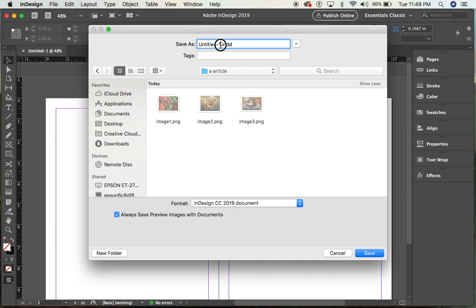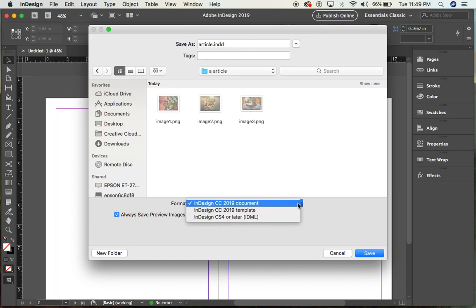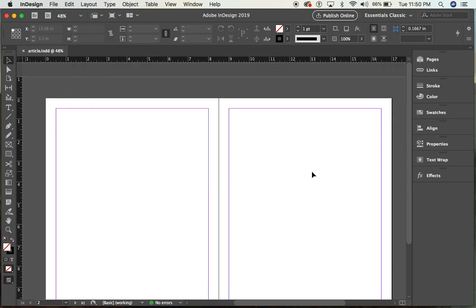I'm going to call this, I'll just name mine article. You can call yours whatever you want. And you'll see it's an InDesign file I'll be saving. Whatever year you're using, I'm still in 2019 here. And save. Now, unlike a Photoshop file or a JPEG where you save just the 1 image, when we make